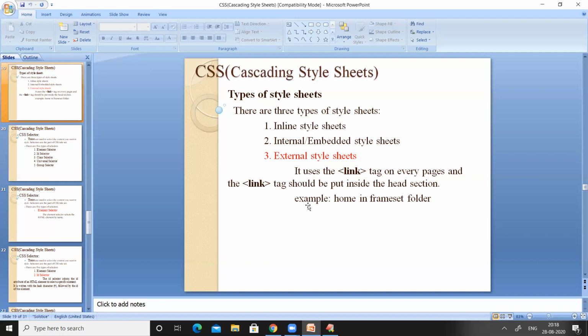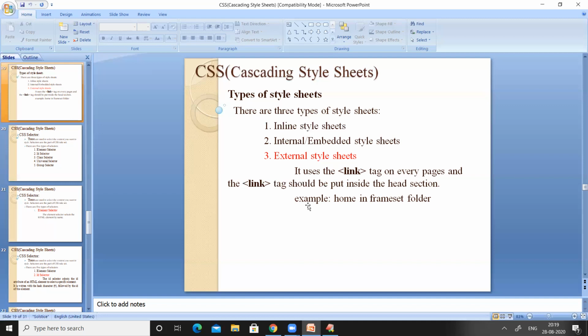That means the inheritance property. In object-oriented programming languages, you will study inheritance. I think all of you are aware of it, right? So here we write one CSS file and we bring that CSS file into our HTML document by using the link tag.